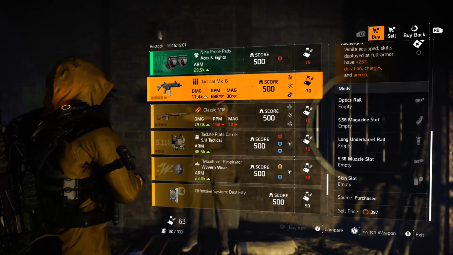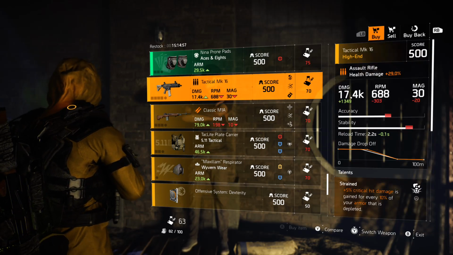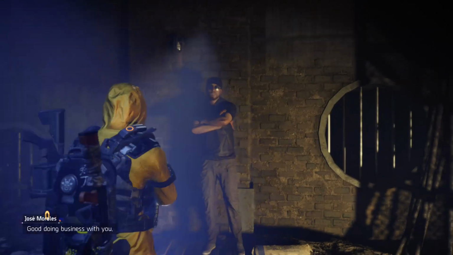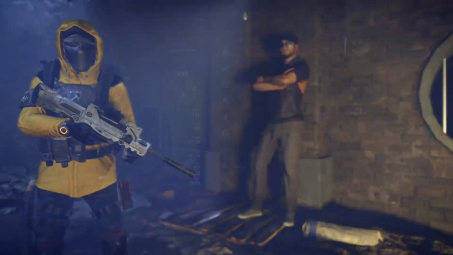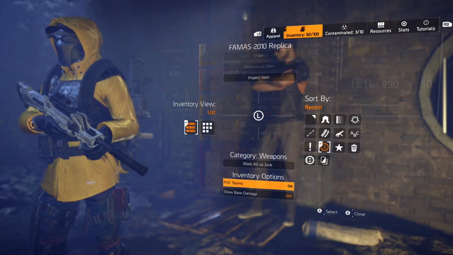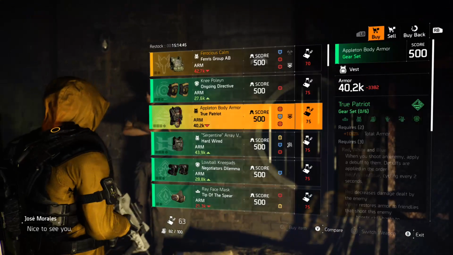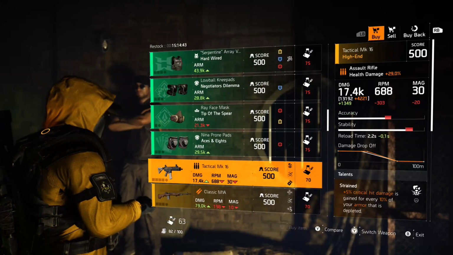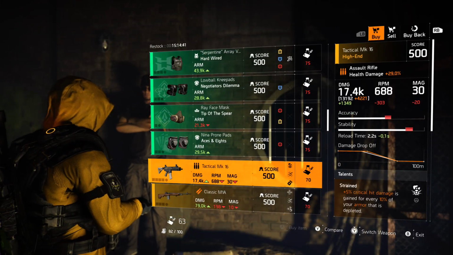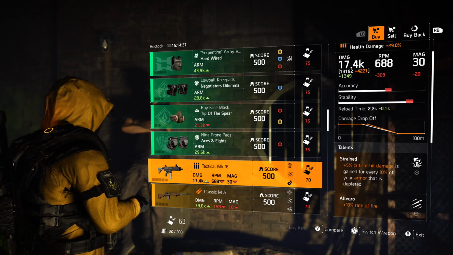Let's talk about the high-end items. Starting off with the Tactical MK16. So let me go ahead and put my base damage on real quick. Alright, show base damage. Here we go. Now, looking at this MK16, base damage is 13.1k, but with all the damage on my build, it goes up to